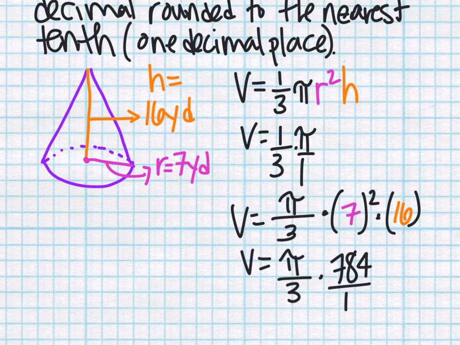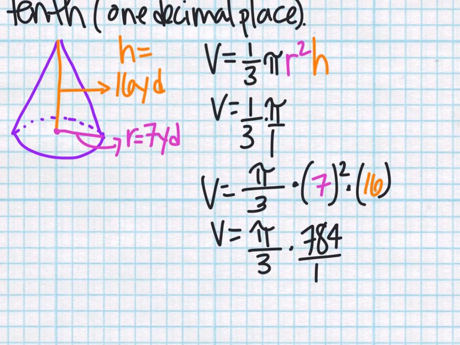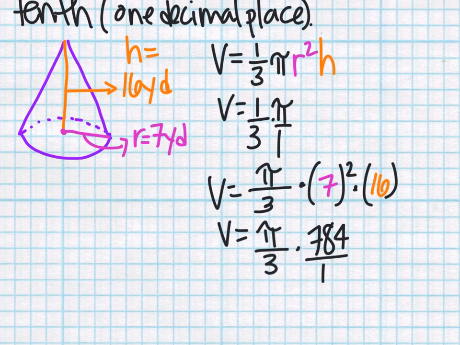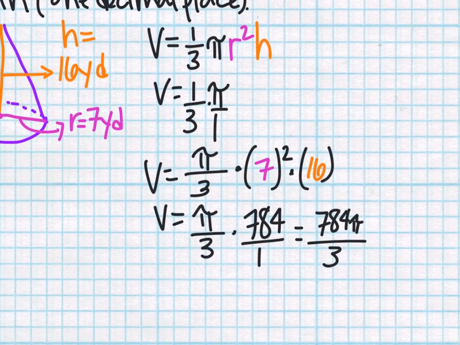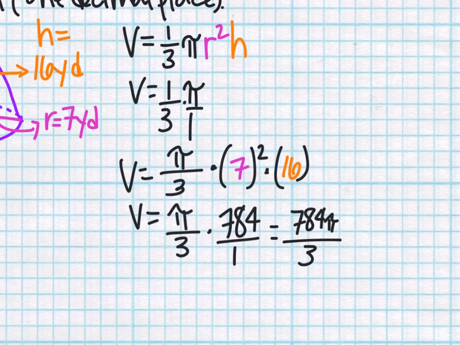So what I'm going to do for my next step is multiply across, and I get 784 pi, and then multiply 3 times 1, I get 3. So now this helps me put it in the calculator. I'm going to do 784 times 3.14, and then divide that by 3. When I do that, I get